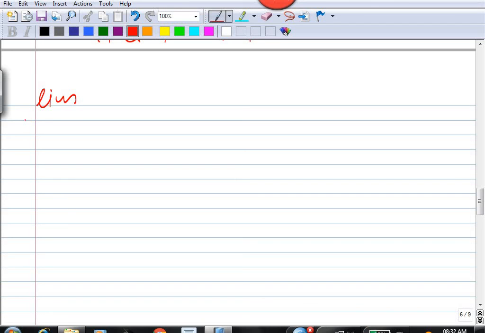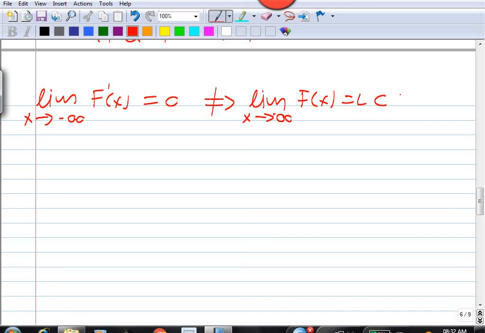The fact that the derivative goes to 0 in general does not imply that the function itself has an asymptote. And the example to see that this is so,